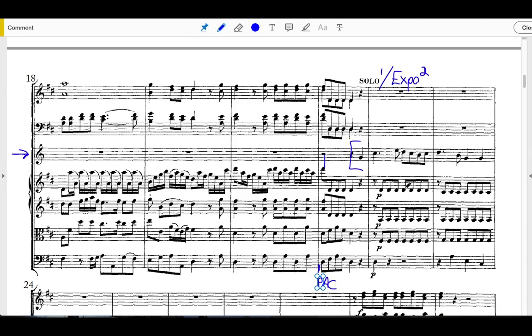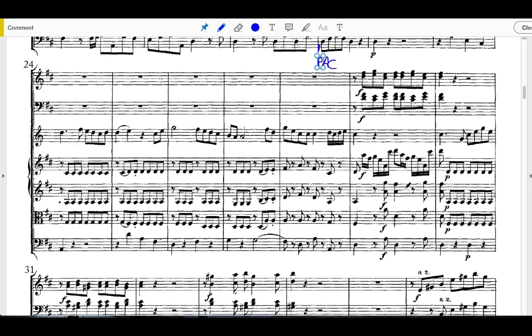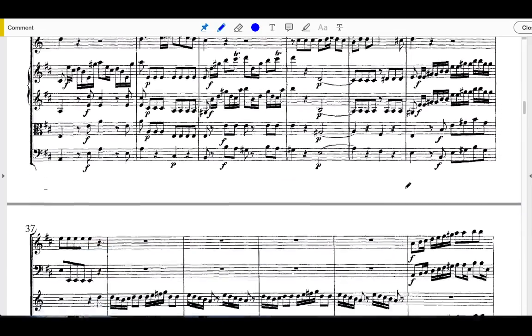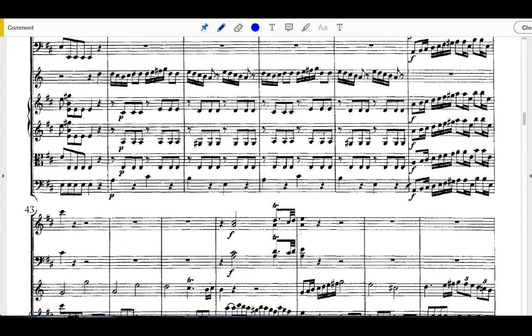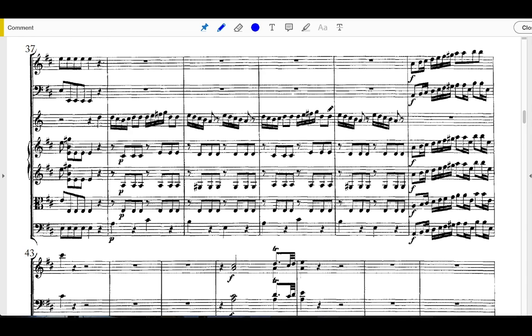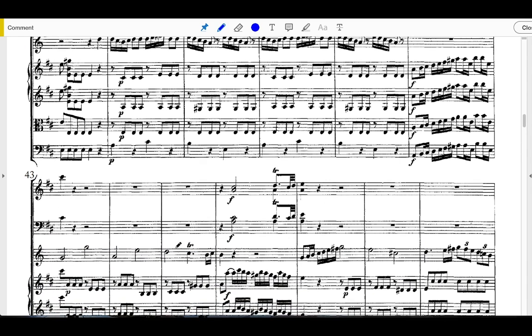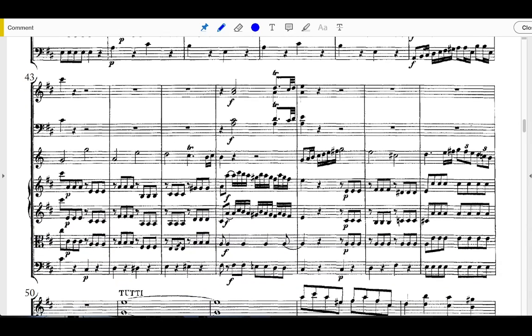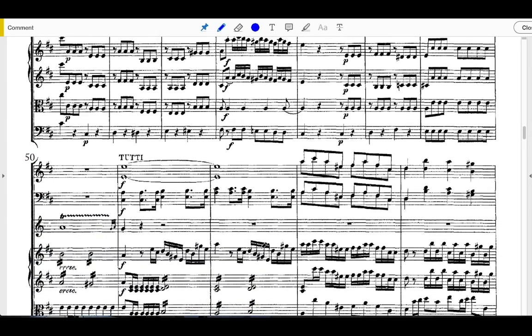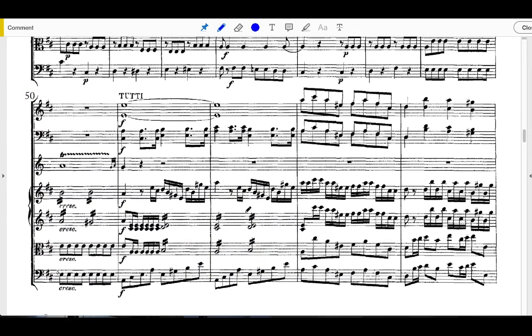So Expo 2 picks up. We'll look at the thematic content in more detail later, but for right now we're just looking at big sections. The horn continues for quite a while. Notice that there are some moments where the horn player gets a few measures of rest here and there. The soloist is not obligated to play every measure of the second exposition. It'll just be the dominant voice throughout the second exposition. And especially when you're dealing with wind concertos, there's more likely to be at least a few places to provide some breathing space. Notice that when we get to the downbeat of measure 51, this is where the horn